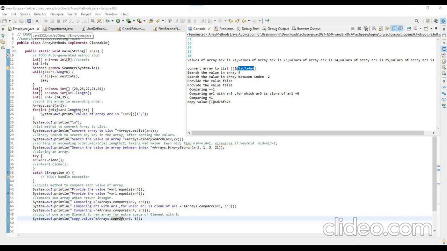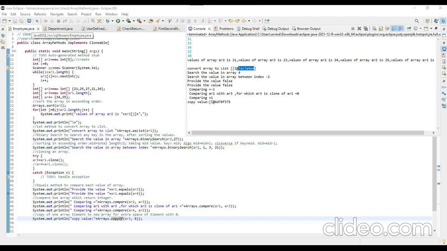Now if I go to the other things like search, sort, copy and cloning. In order to sort something, we'll use the command Arrays.sort on any particular array like AR2. So the Arrays.sort method will work for sorting. And at line number 22, Arrays.sort(AR2). Again, if I want to make something